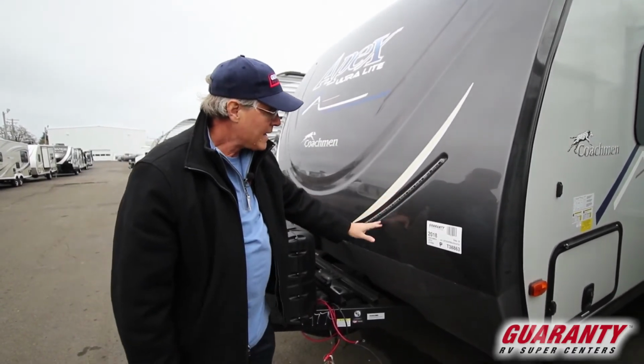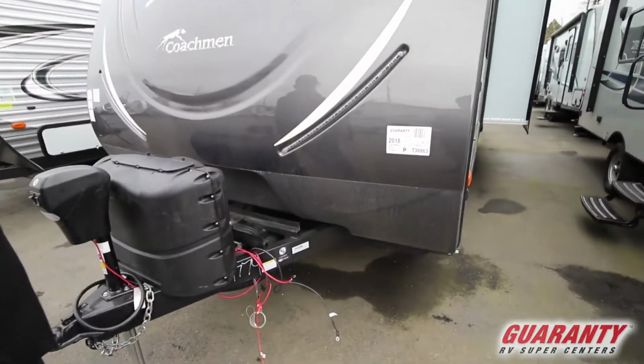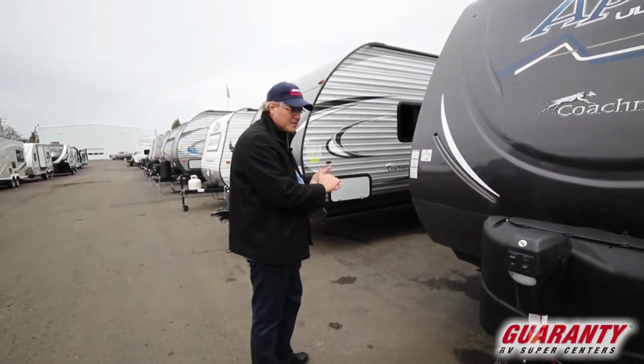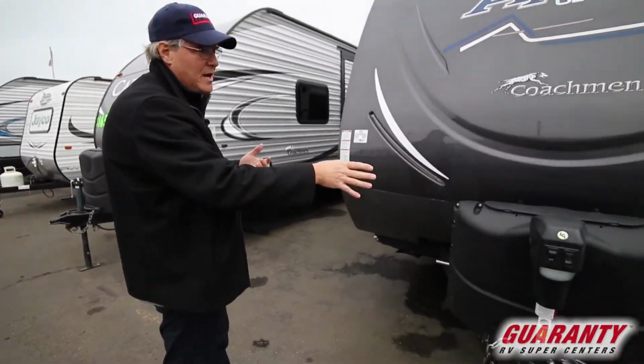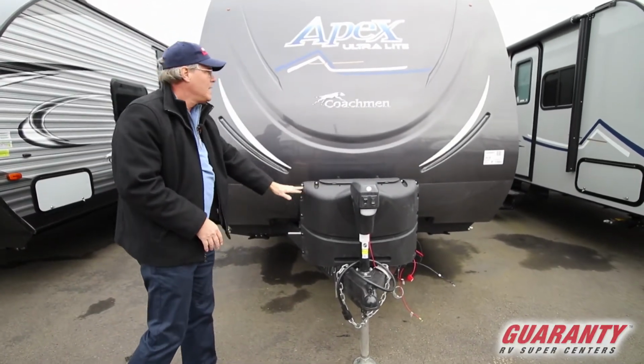So you got LED accent lights. You're going to have a little bit lower. This portion down here is going to be a bit rough in there, so that way rock chips don't stand out as much, and it makes it look much better in time. Your power tongue jack, your dual 5-gallon tanks here with the easy access opening, and